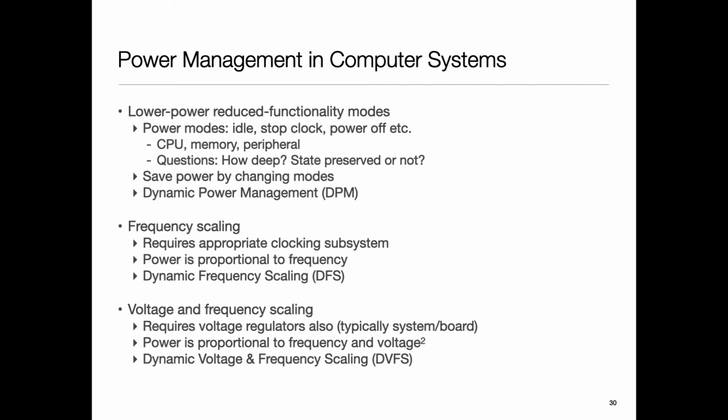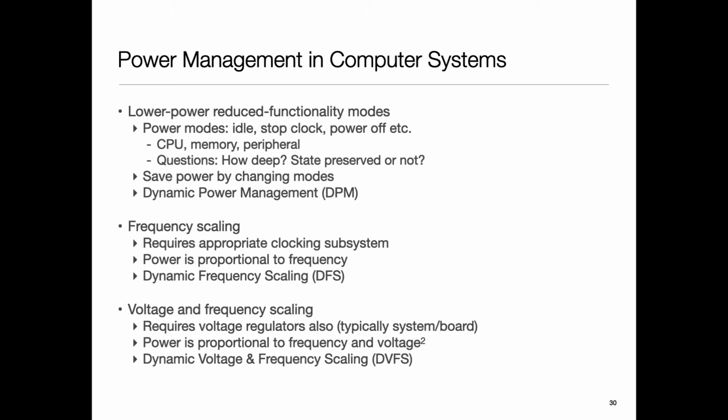The problem with frequency scaling alone is this. Instead of, let's say, a 1 megahertz clock, I have a half megahertz clock. So I stretched things out, but I'm still doing the same units of work, the same number of instructions. If each instruction needed a certain amount of energy, some charge to be moved or not moved, it's going to take the same amount of energy, just over a longer period of time. So it's going to lower the power, which is energy divided by time, but it's not going to affect the energy.